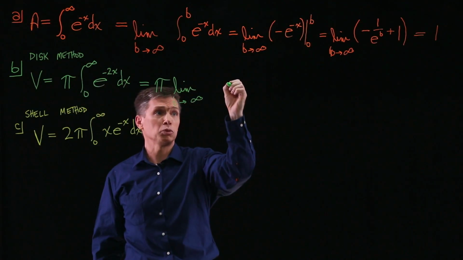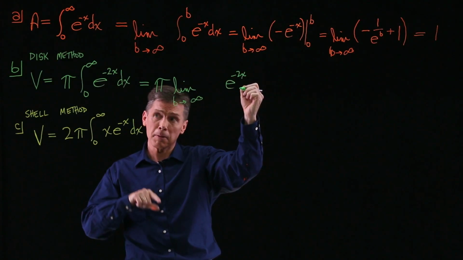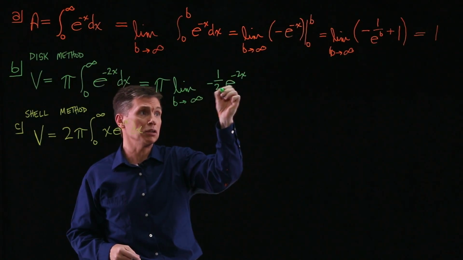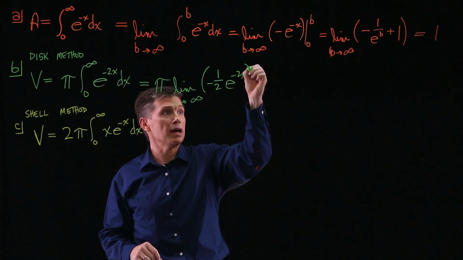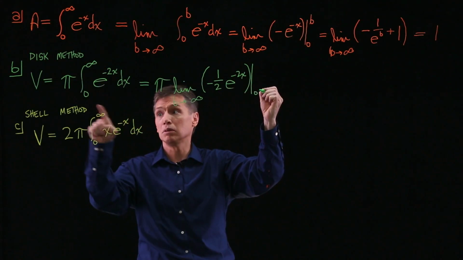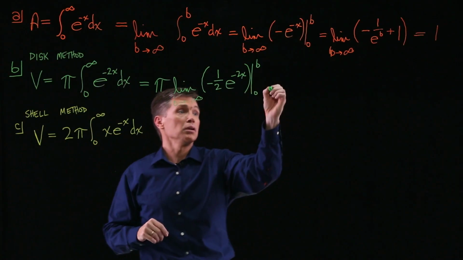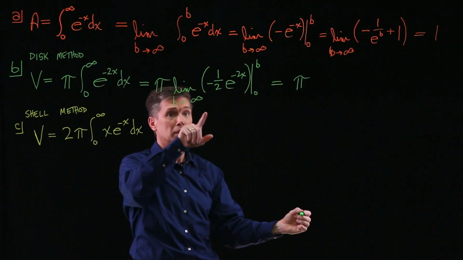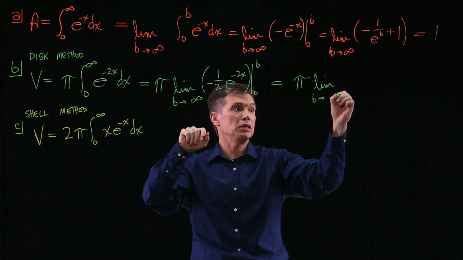E to the negative 2x will show up again, e to the negative 2x, after we anti-differentiate. And that factor of a minus 1/2 would come in from like a u substitution if you had done it in an exponent. So we're really just looking at that as our antiderivative and evaluating from 0 to b. I'm replacing the infinity with a b. Okay? And so this equals the pi out in front, and now my limit as b goes to infinity,